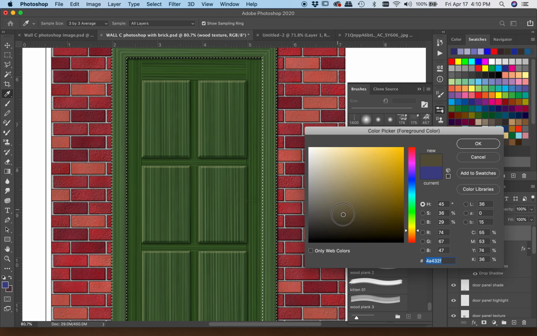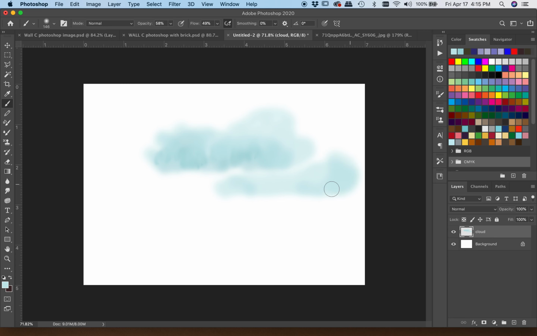I mean, keep it sort of in the general cloud sense, color-wise, shape-wise. You can even add in sort of a background. Now, you could also go find an image or take a picture of the sky if you see some clouds that you like, and create the brush preset exactly like that as well. But this is just one way you can create your own shapes and turn it into a brush.